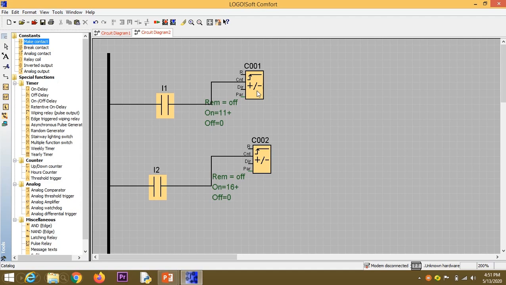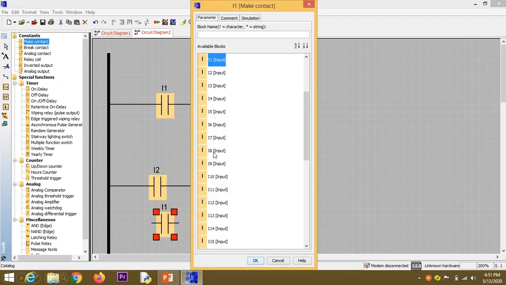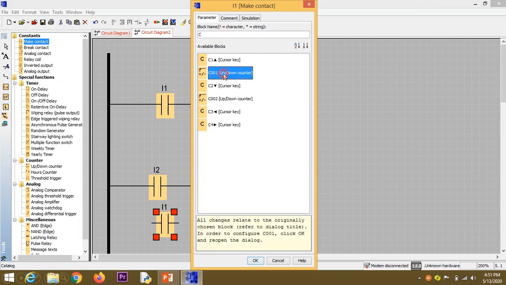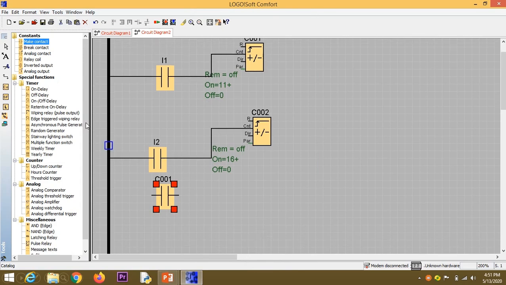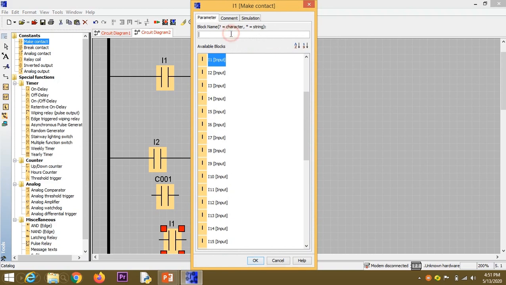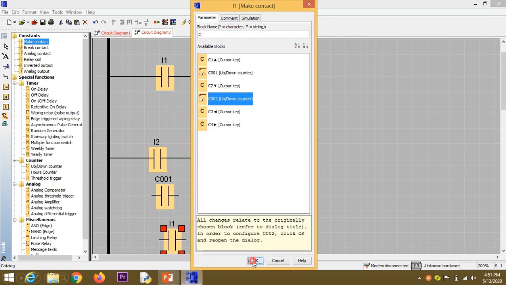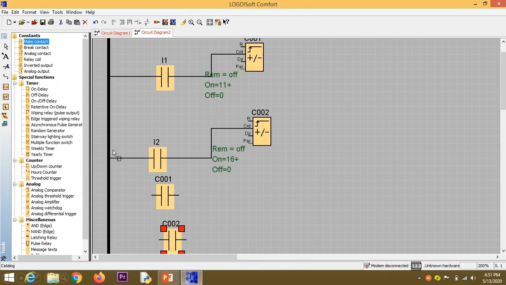So we will take the feedback of counter 1 and counter 2 and connect them in parallel, with the counter 2 feedback taken to machine M. So both are connected in parallel.